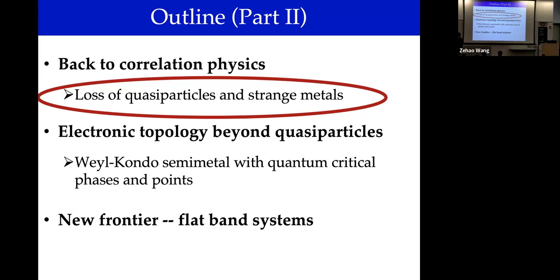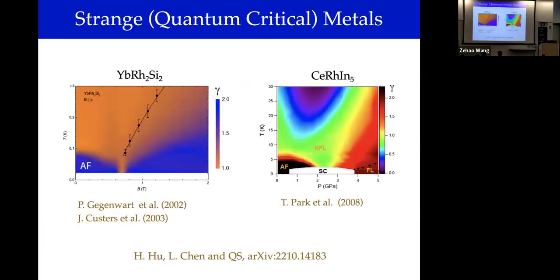So let me get started. Back to the correlation physics. How do we destroy the quasi-particles and realize strange metallicity? And I already gave a prelude yesterday that if you stare at a color plot like this for the phase diagram, in this particular case, they have fermion metals, but they're not alone. There's a whole list of materials platforms in which, if you choose to use similar color schemes, this plot was made by